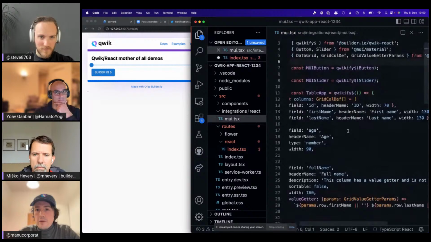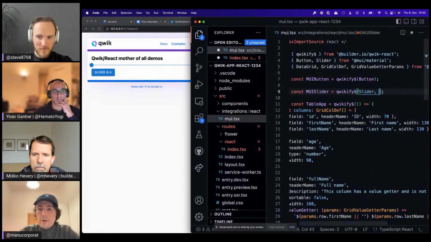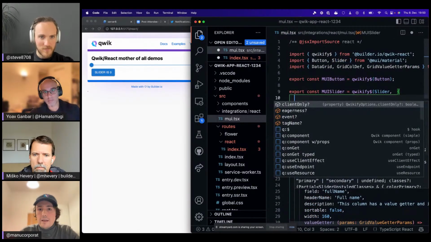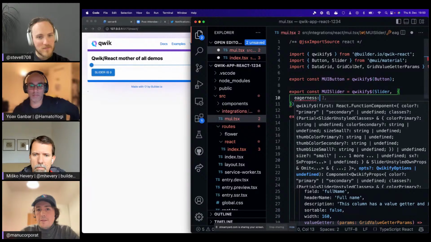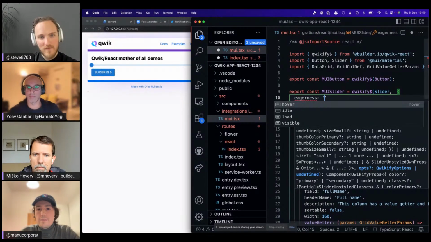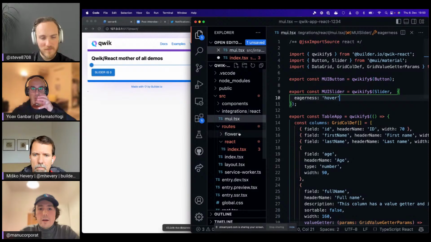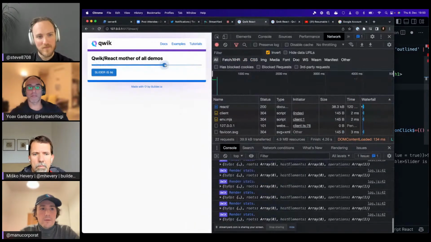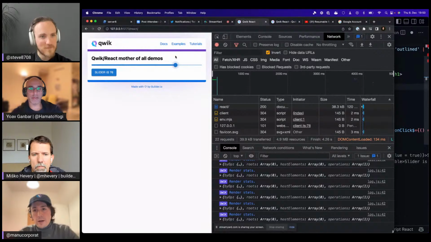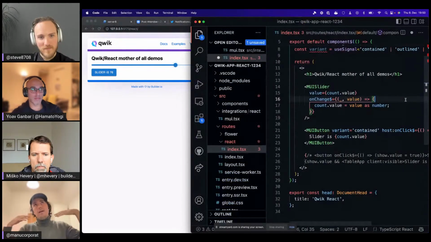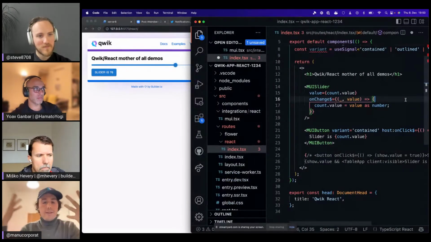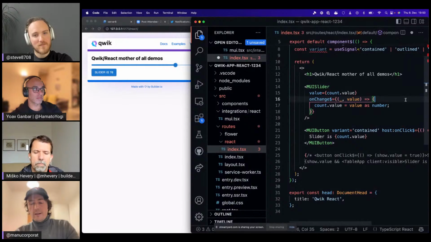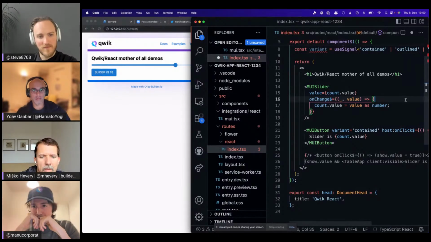That's what I actually have originally here. For every component, you can set some defaults, and I can say the eagerness of this component is on over, right? So now I don't really have to put the client thing. Now it will just work whenever I put it. Every time you use it, it will already have client over on it. That makes sense?